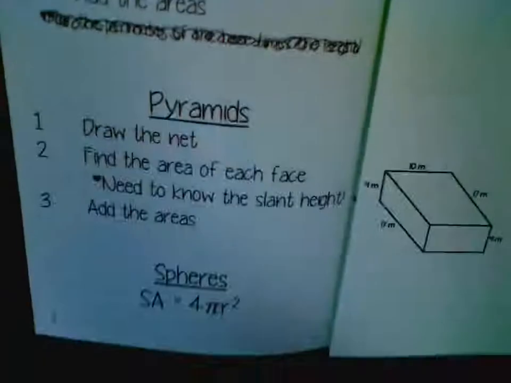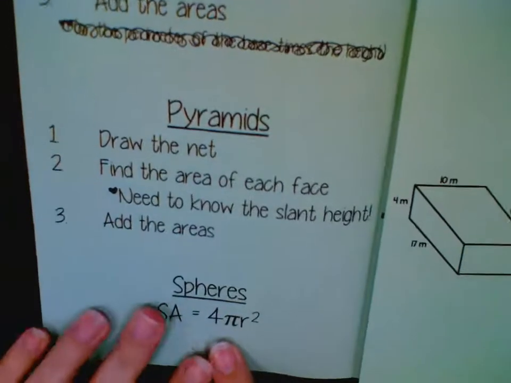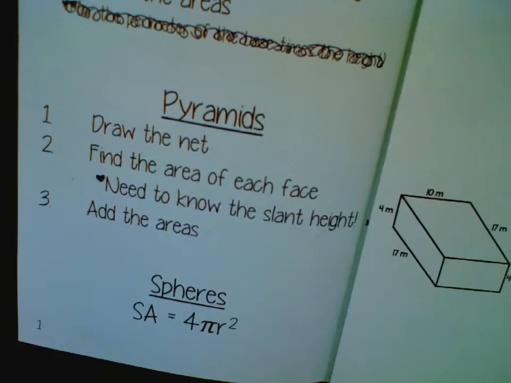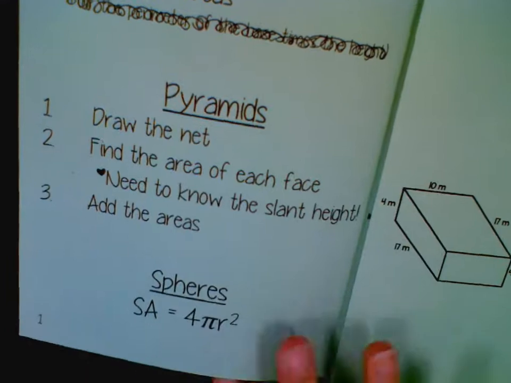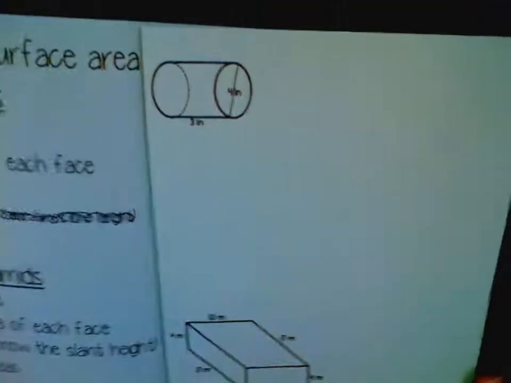The only one that doesn't work for is spheres. Spheres have a special formula, since we can't really draw the net for it, it comes out weird. I can show you a picture of what one looks like. But if you think about a globe and how they sometimes represent that flat, like two-dimensional, that would be kind of what the surface area or the net would look like, with little rounded triangles kind of. Anyways, let's start with our first